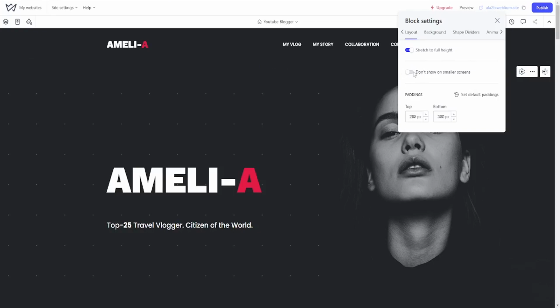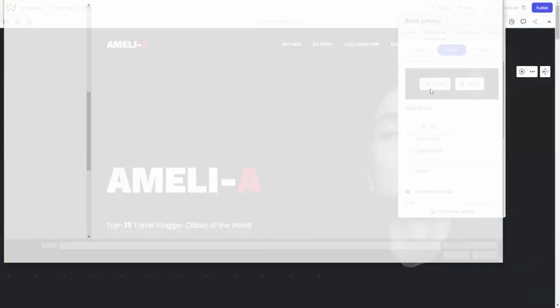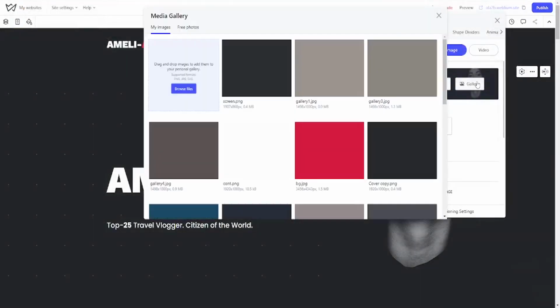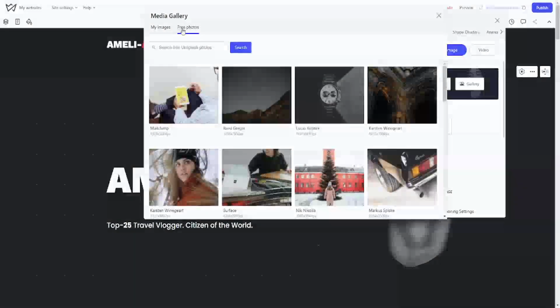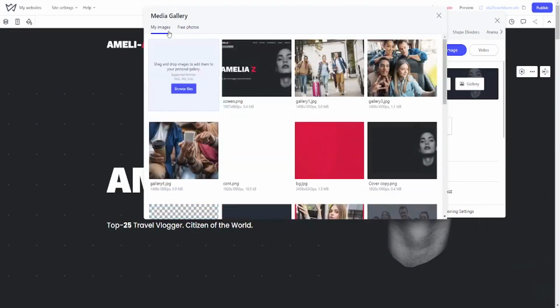Don't show it on smaller screens. Top and bottom padding. The background of it, which in this case is a picture. You can of course upload your own or use the gallery, and there are free ones that you can get as well. So you could change the picture,